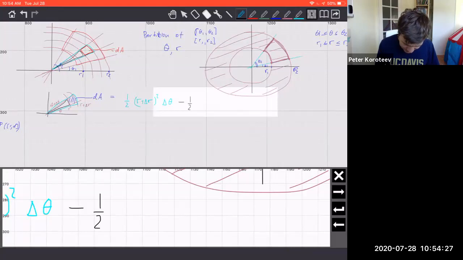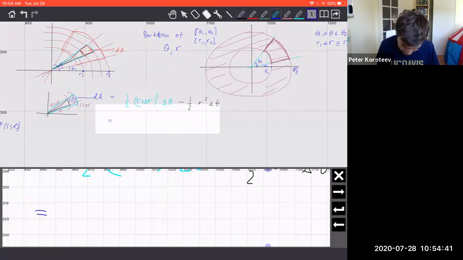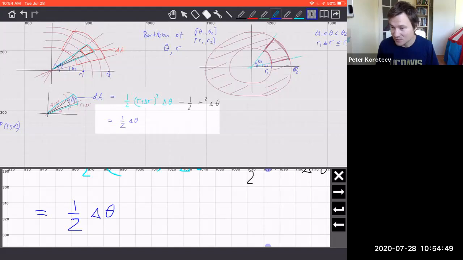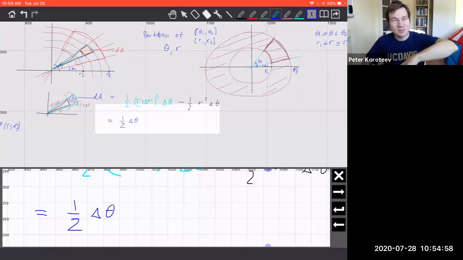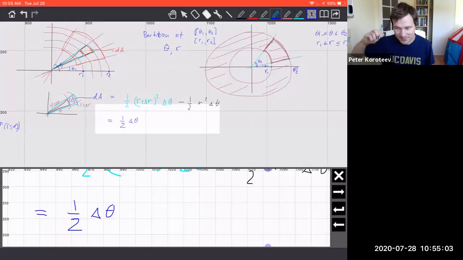As long as my tablet unfreezes, yeah, so minus 1/2 times r squared delta theta. Okay, so let's open the parentheses. I'm going to switch to a neutral color. So it will be equal to, we can take out 1/2 theta up front. Buy 2 pizzas, right? And then put one on top of another, and then you can calculate how much area. So you can count: is the price going up proportionally or not? I'm going to tell you that it's probably not.